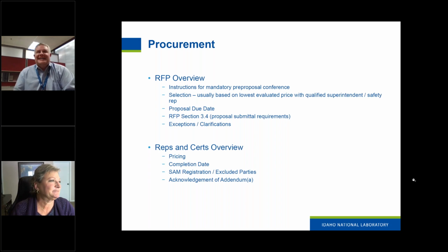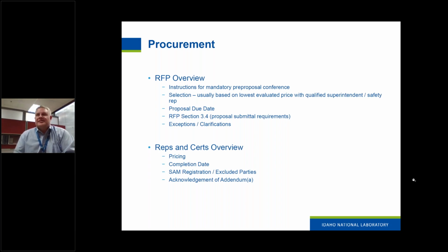Going on to the reps and certs overview. The reps and certs will consist of you providing your proposed pricing and your completion date. It also requires that you be registered through SAM, excluded parties. You certify certain things: that you're not involved in certain nefarious business practices, and also that you are not currently listed as an excluded